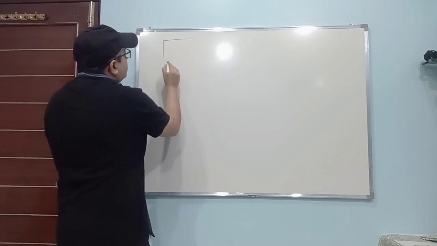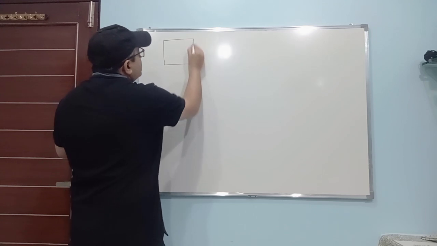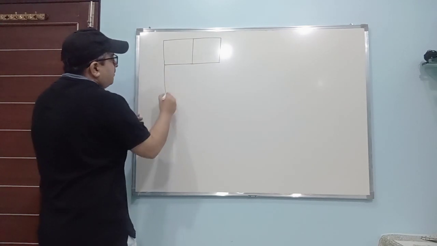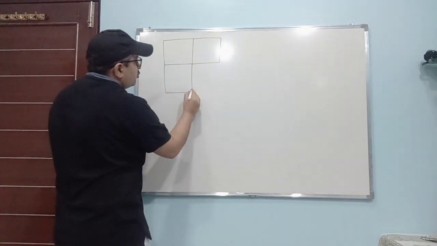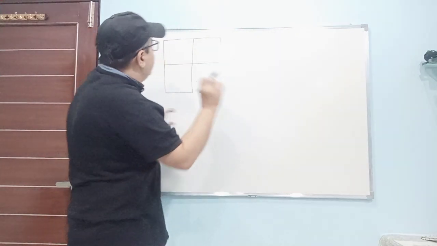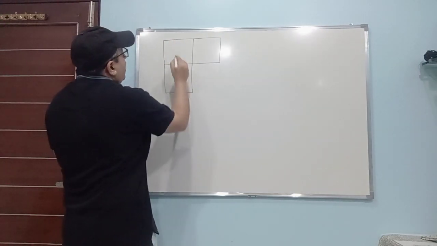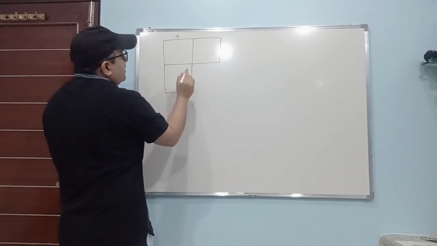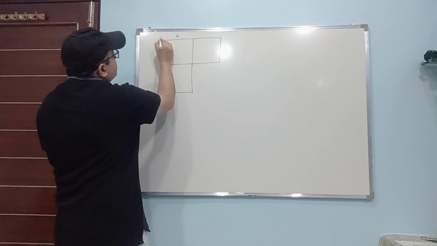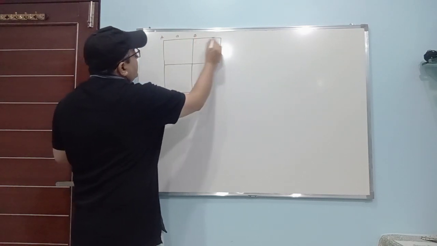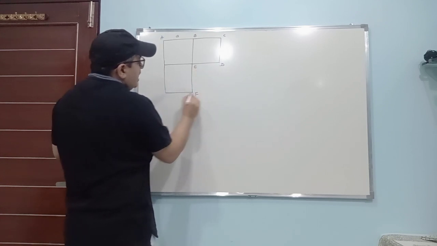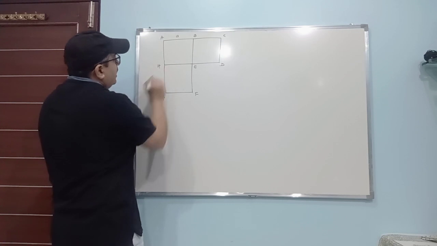So we have 3 squares of same size. They are placed in this manner. Each side is A inches. This is A inches each dimension, and let us label these points A, B, C, D, E, F, G and H,